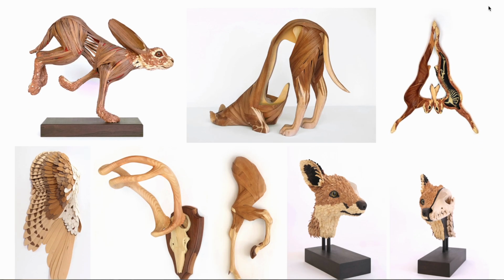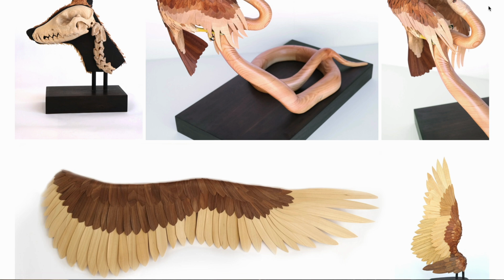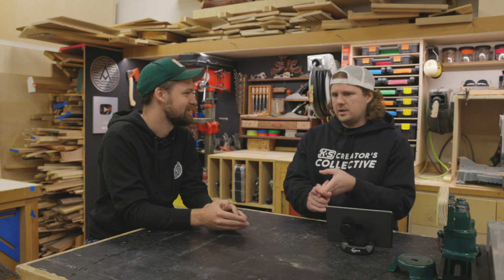Your sculptures are awesome, but I guess where do you focus on aspects like that? Because seeing the fox head, it's beautiful. The fox head's beautiful. The hawk and the snake, beautiful. How much time do you get to focus more on those types of projects as opposed to maybe your